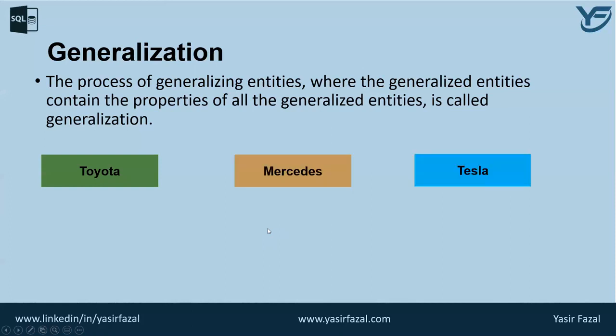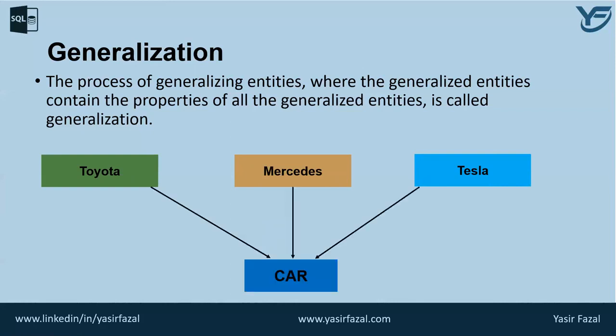For example, I have Toyota, Mercedes, and Tesla. What is actually common in them? These are basically cars. So when I combine them, I will get a superclass car. This is something which is going to happen in a database as well. If I have entities like Toyota, Mercedes, Tesla, I can generalize them and put them into one